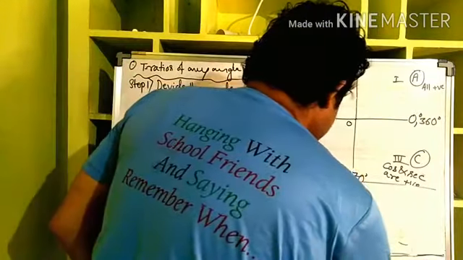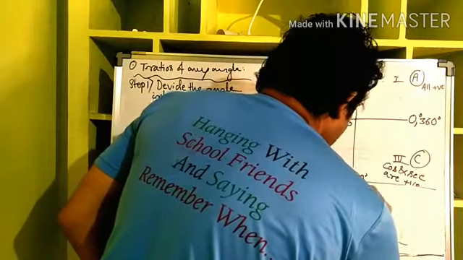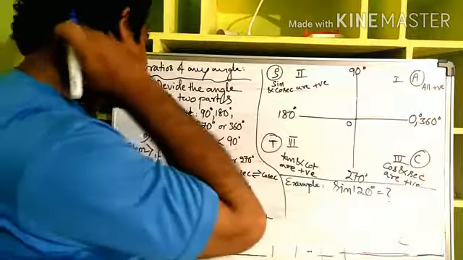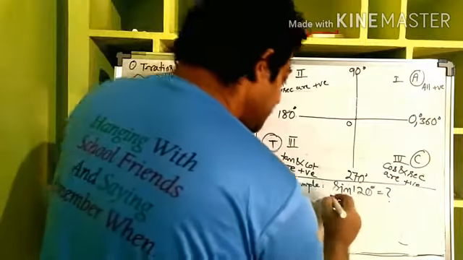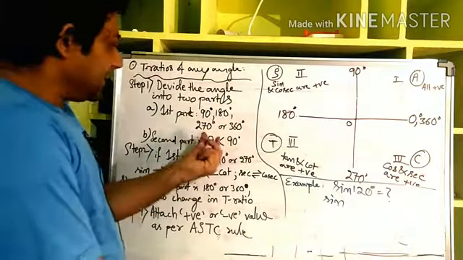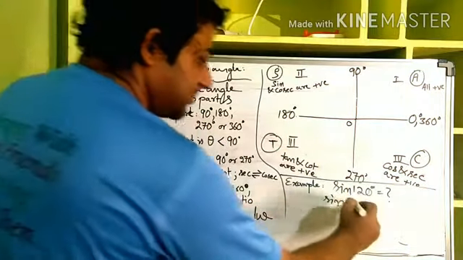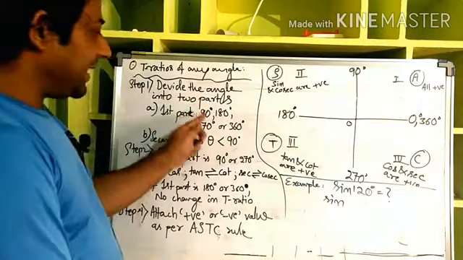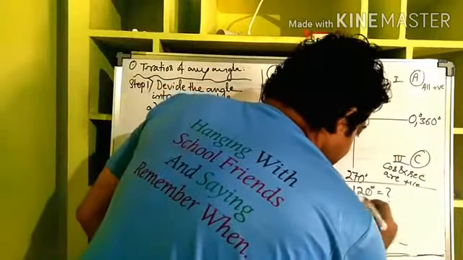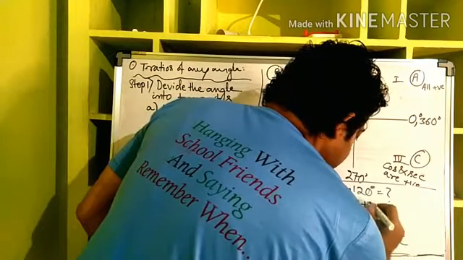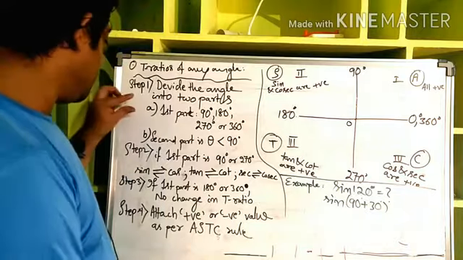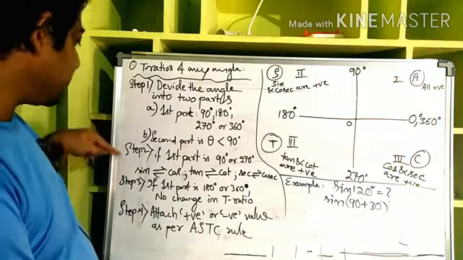Let us say the question is: sine 120 degrees is equal to how much? We don't know, we have to find out. Now we will express this as a summation of two parts. The first part will be 90, 180, 270 or 360. We can write sine 120 as sine of 90 plus 30. Yes or no? 90 degrees plus 30 degrees we can write. So the first step is over, now step 2.